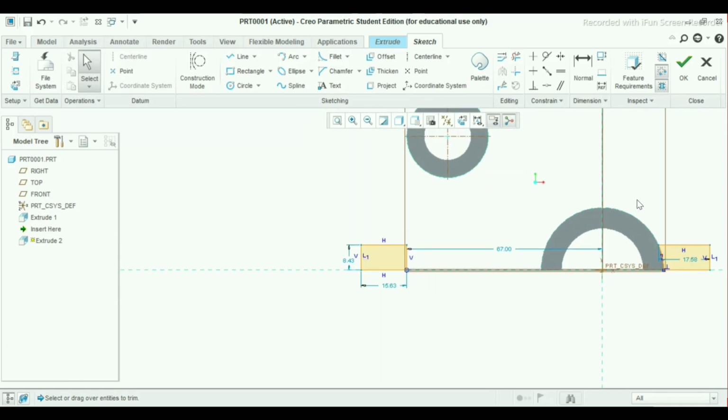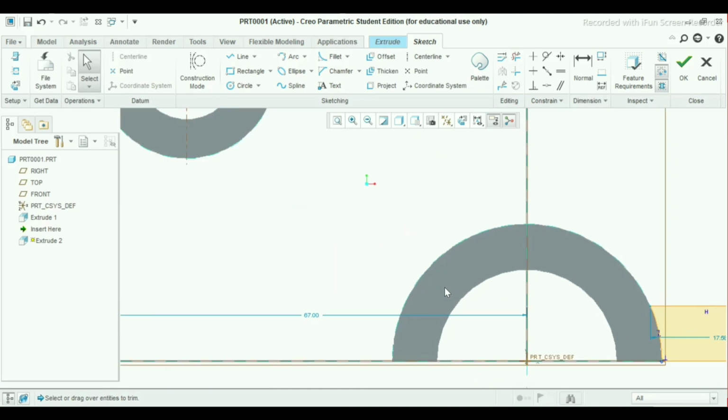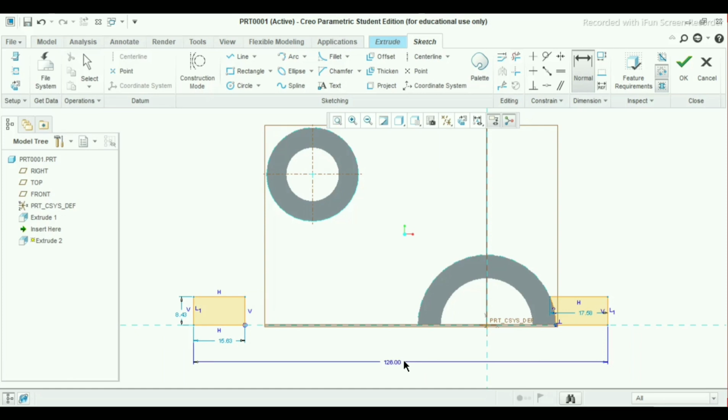Give the dimensions here by pressing normal. Select this line and this, and press the middle mouse button, the scroll button. Make it 126 mm.